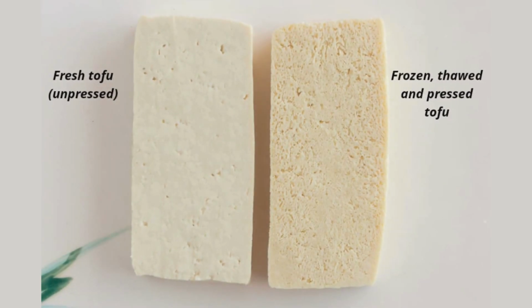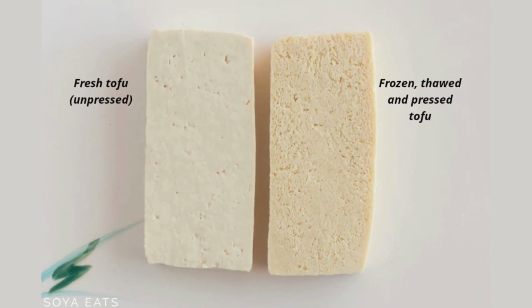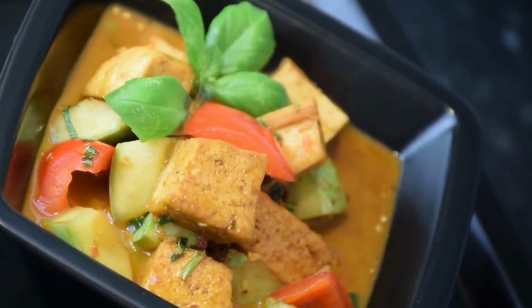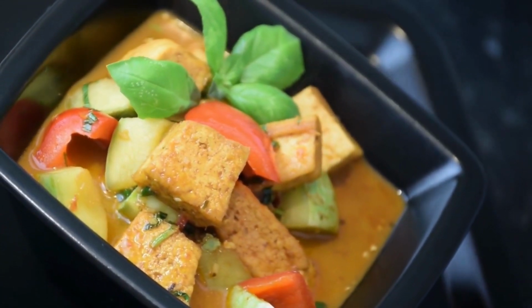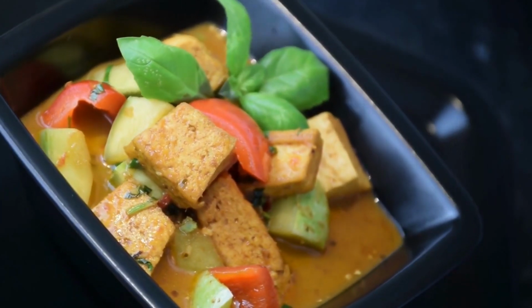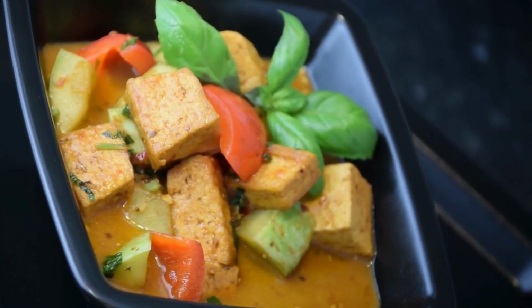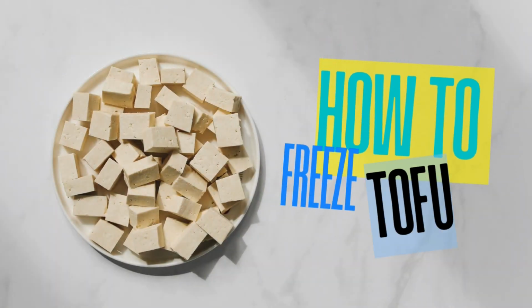Did you know that freezing tofu can improve its texture and make it even more enjoyable in various dishes? This is because freezing changes tofu's structure, making it firmer and more porous, which allows it to absorb marinades and seasonings better. But for this to happen, it needs to be frozen properly. So that's why in this video, we're going to share with you some tips on how to freeze your tofu